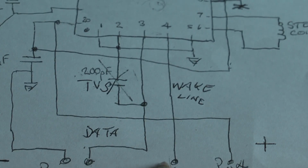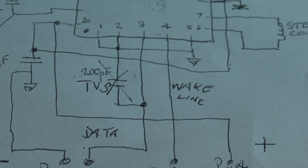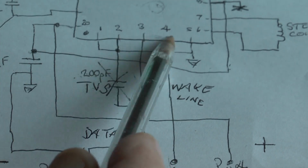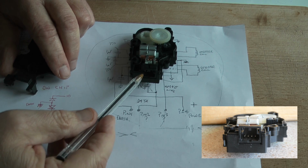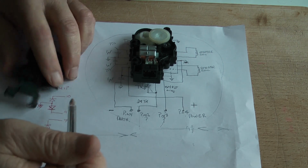I think the short circuit between pin 2 and pin 3, which is equivalent to about 1 ohm, I believe that to be a fault. I don't think it should be there, and I don't know how that's occurred. I think it may be if you're playing around putting pulses and voltage onto these pins and trying them out to try and get it to work, then that has blown this chip between those two pins. With it mounted in this orientation, this is pin 1 to pin 4. I hope that probably concludes what I've got to say about this thing,